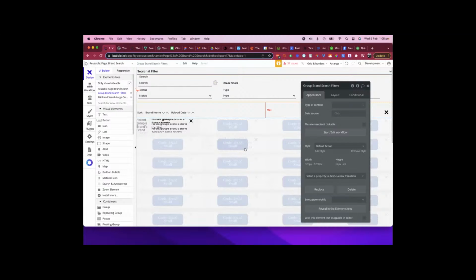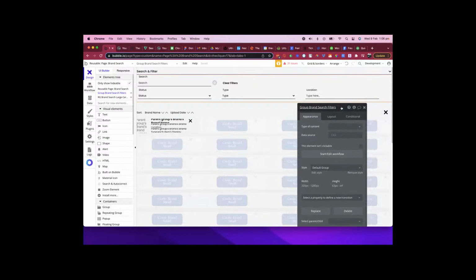So ultimately, this repeating group is going to have to be looking at a macro source. What I mean by that is instead of having it differentiated by search and status, it would be looking at search and status together. So like I said, we want this repeating group to be looking not at the search filter or the search input, but rather the group. So we should be able to do something in our backend workflow where we change the source of the repeating group. So if we go to our workflow on the backend,